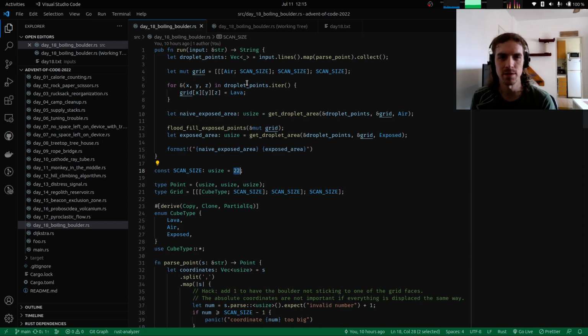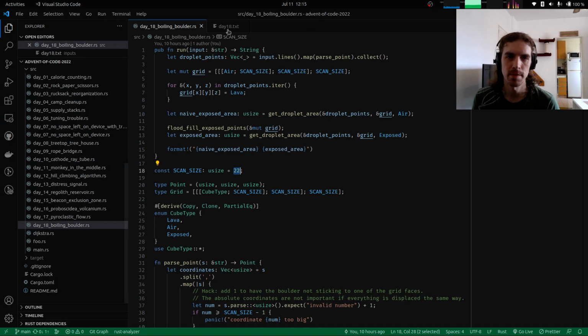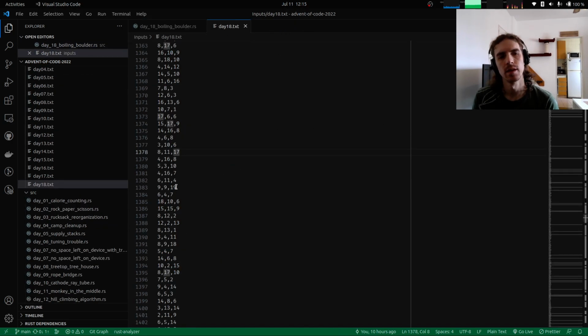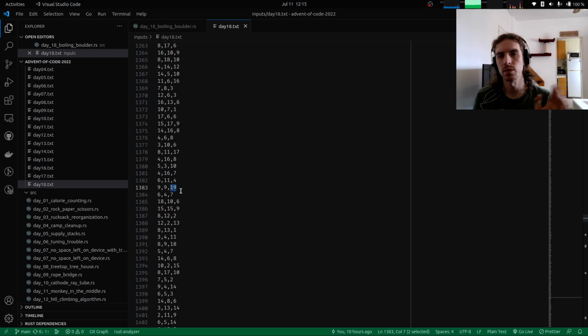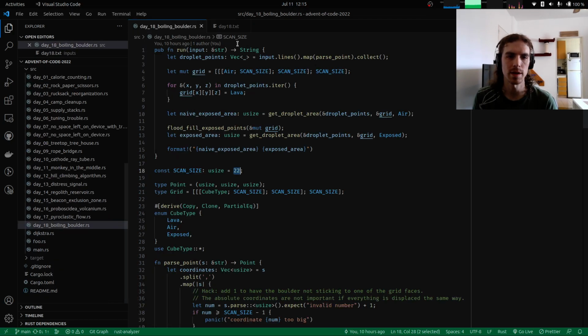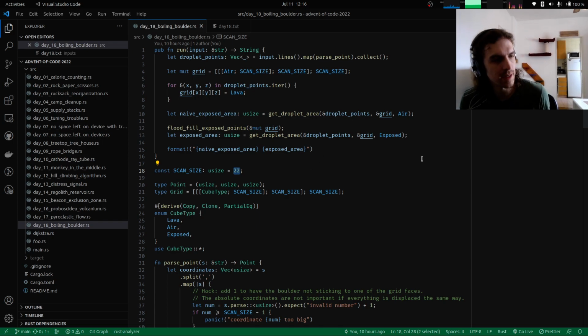Although we know the reason for this, which is that the numbers in the coordinates for the 3D points go from 0 to 19, so they are 20 numbers. So you would need a grid of 20 by 20 by 20 to put that scan. But also we are leaving one to each side, so we are expanding the cube by one on each coordinate, so we can then fluid fill it and take the correct shape of the droplet. So that gives us 22, and it has a reason to be, but